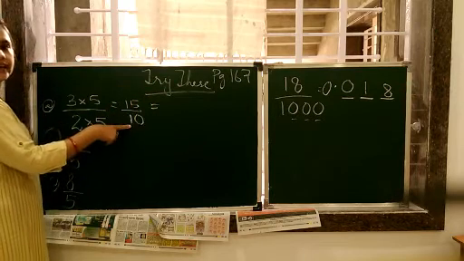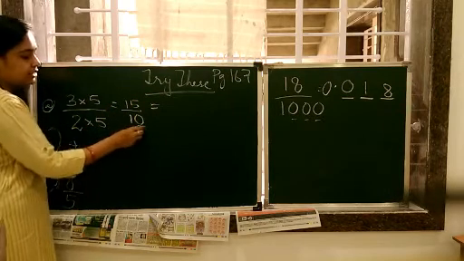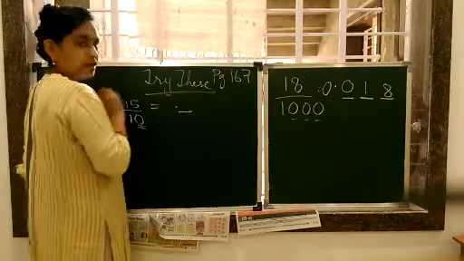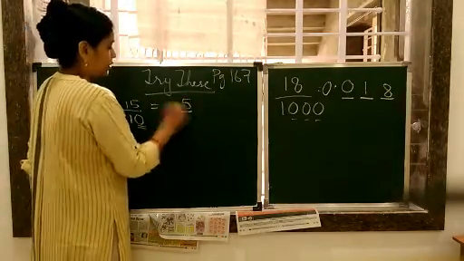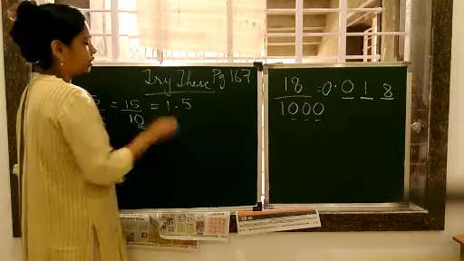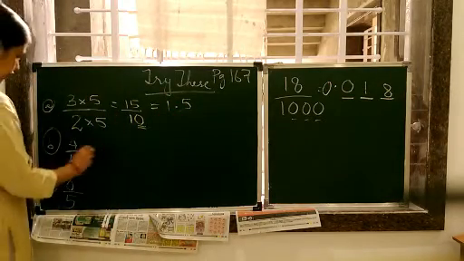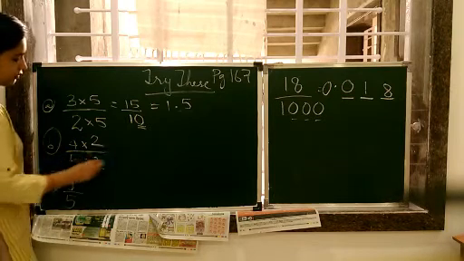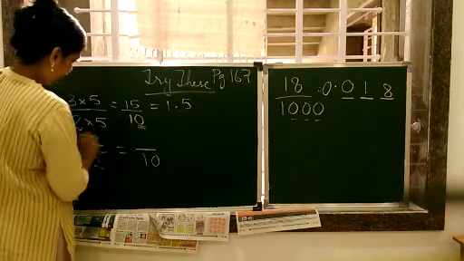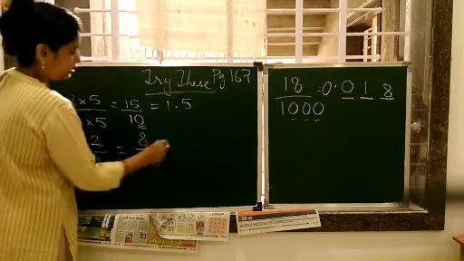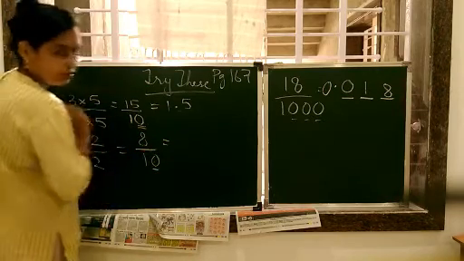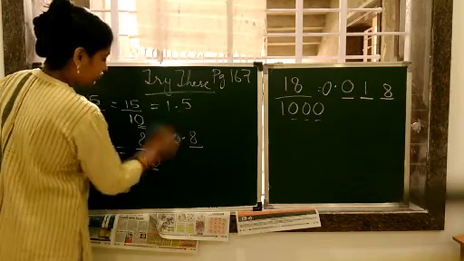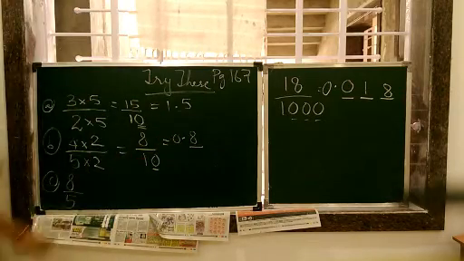Now we have to convert it into a decimal. You can see how many zeros? 1 zero. So after the decimal only one number. What should be that number? 5. So this is 1.5. Okay. Now what should be multiplied here? 2. Yes, because 5 2s gives us 10 and 4 2s gives us 8. So this comes out to be what? Only one place after the decimal, and that place will be taken by 8. So it is 0.8.